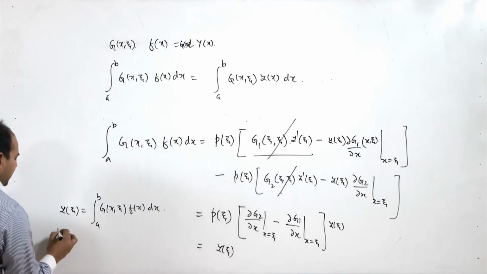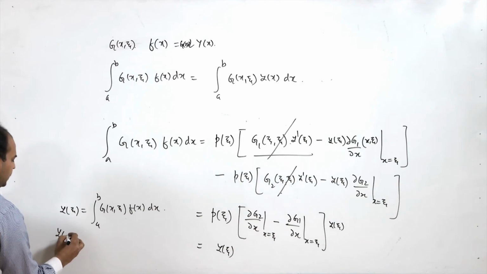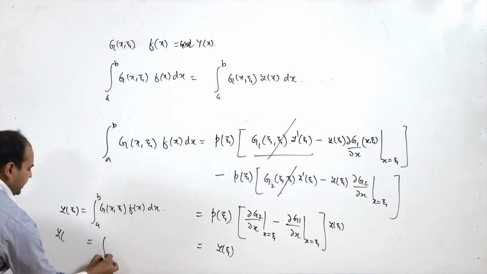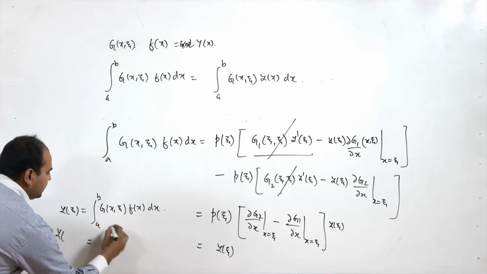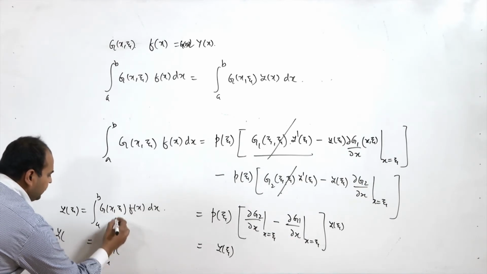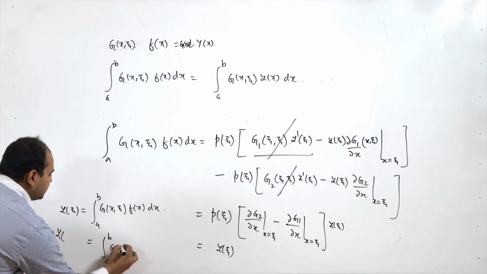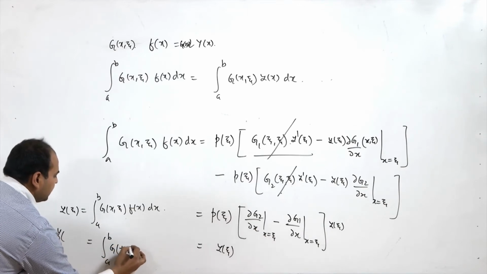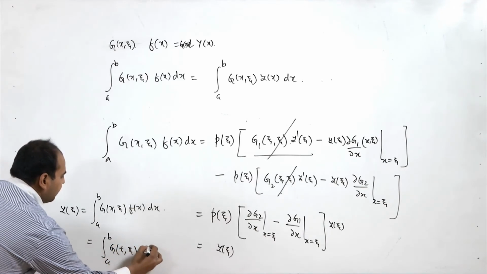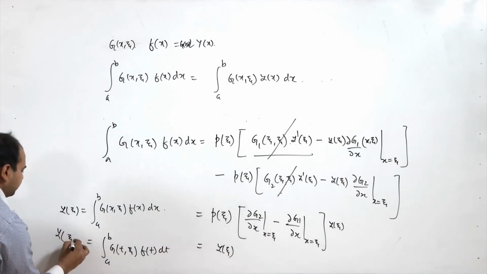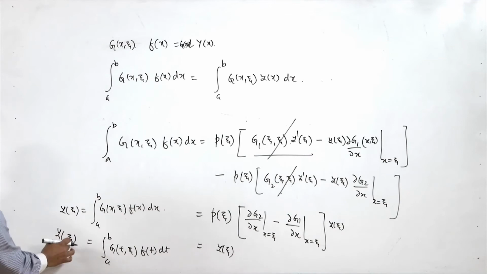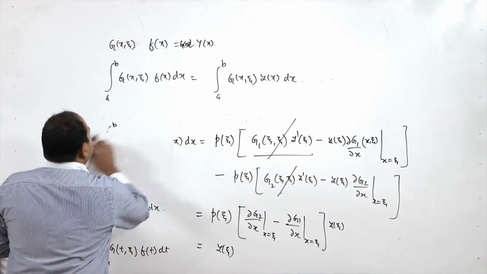So it means I can write the same thing as integral a to b, and I can write x as some t, so I can write g(t, ξ) f(t) dt. So I can write this as y(ξ). Then I can change ξ by x and I can write it here